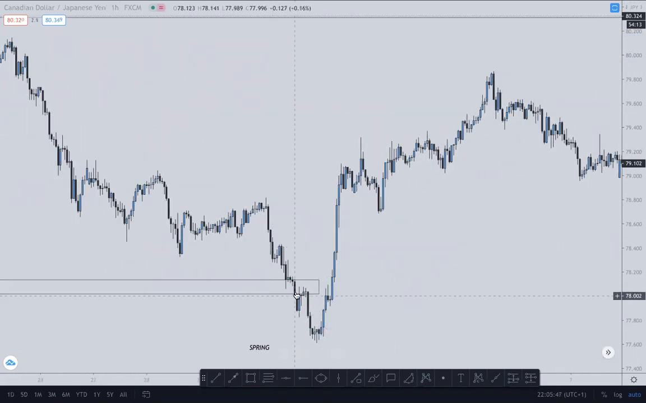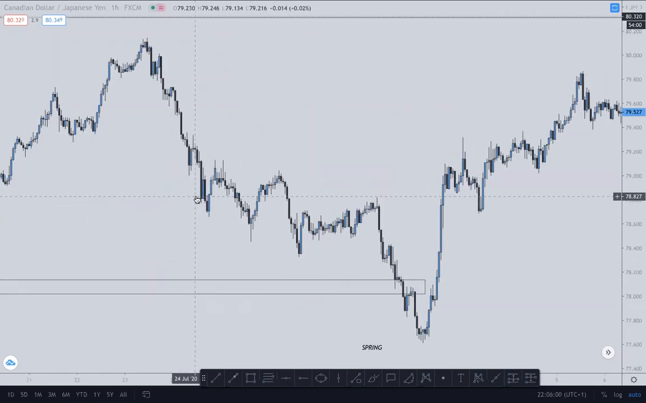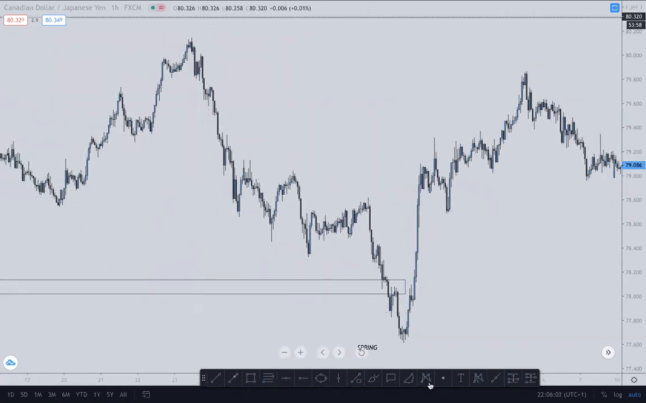So immediately we had seen the break of market structure here, this little drop, and you can see it went straight to fill an imbalance and straight away price did what? Left. For our SOS,